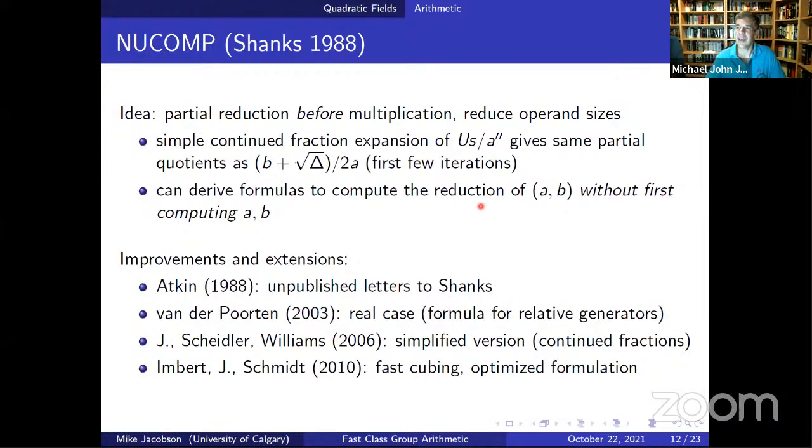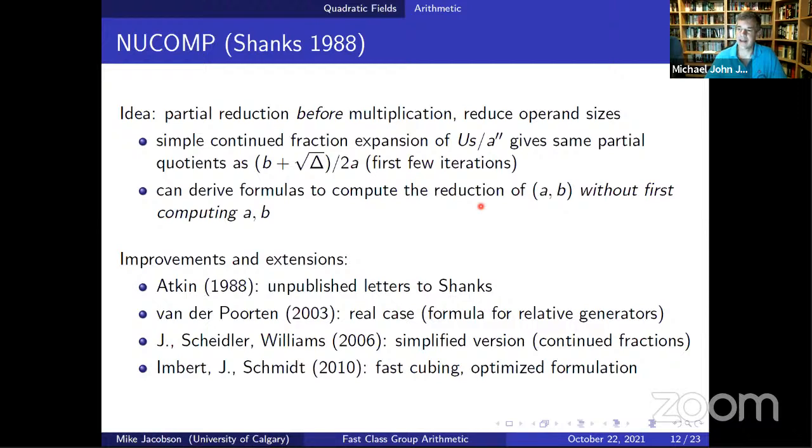So he came up with this idea of doing some sort of a partial reduction before completing the ideal multiplication. And the result of that, you get a more complicated algorithm, but you do this reduction of the intermediate operands and then combine them. And that just keeps the sizes of everything lower, so that you never blow up to size delta, you stay much smaller, and he could now use his programmable calculator to do more computations. Okay. Now,